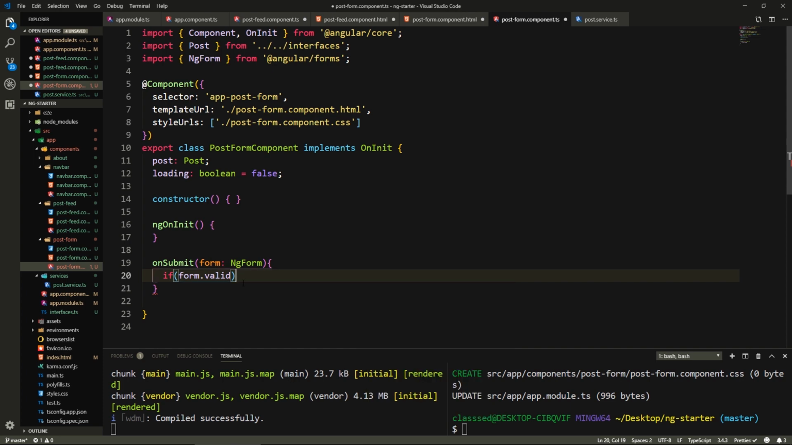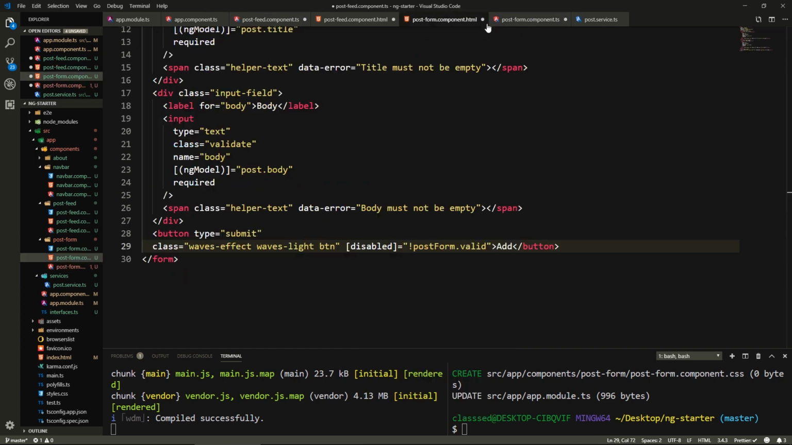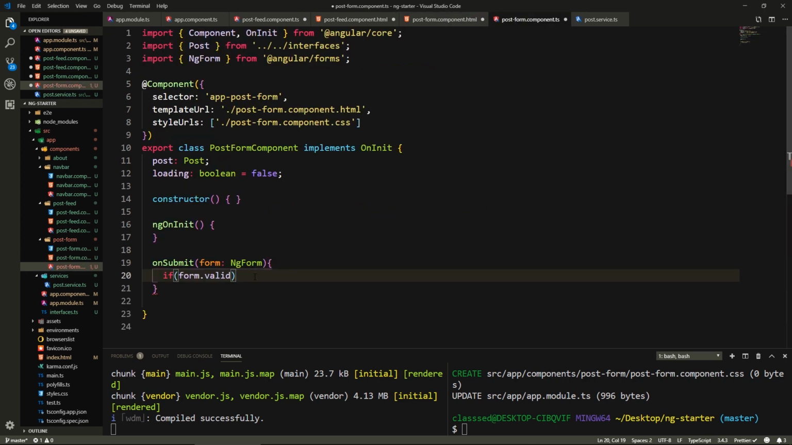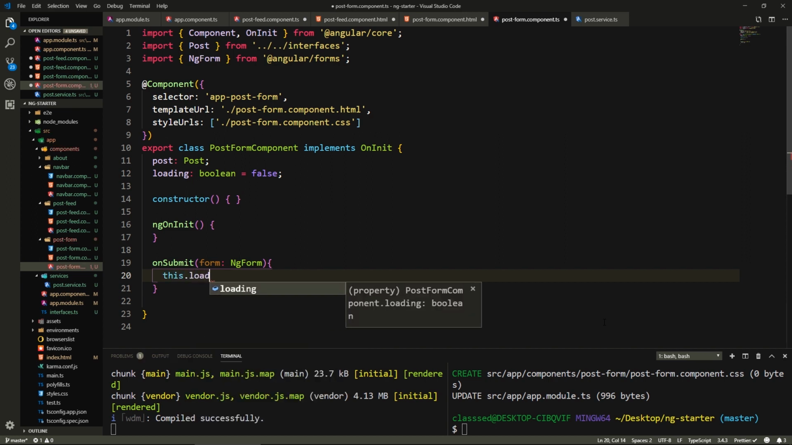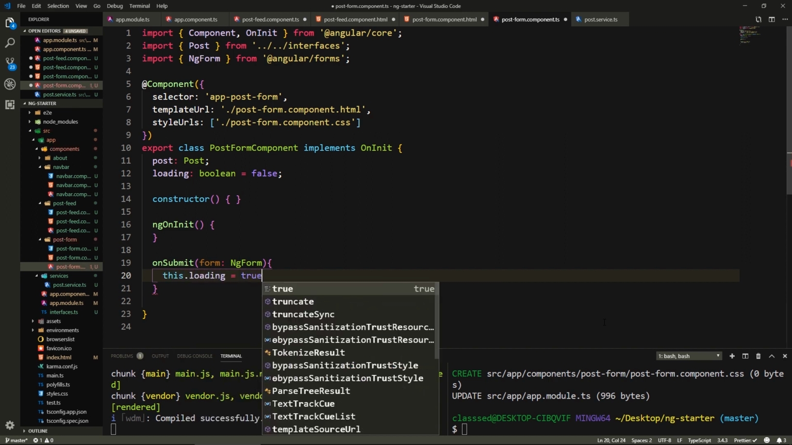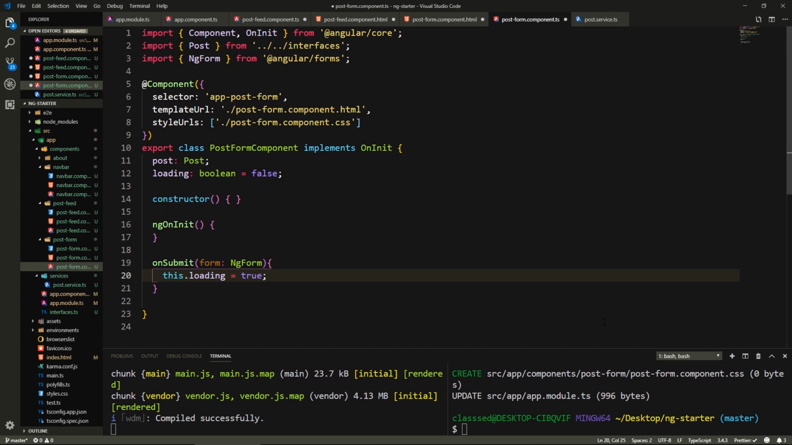Actually, this check is redundant because the button itself is disabled if the form is not valid. So I can skip this if form is valid, because this will not be triggered if it's not valid anyway. So we'll say this.loading. We want to set the loading first to true while we send data to our server. And actually, we need to create a function or method in our post service to send this post to